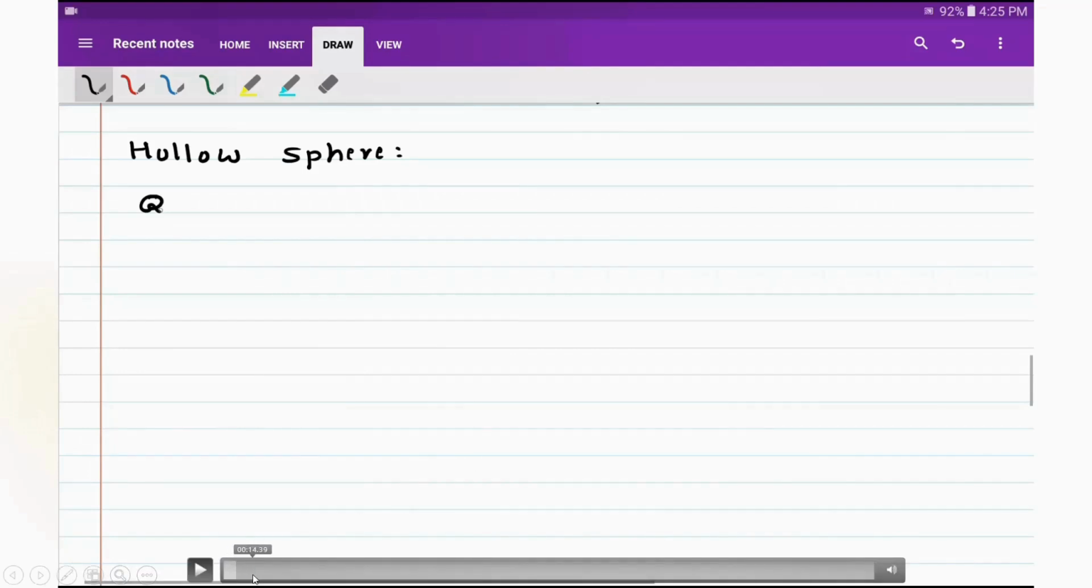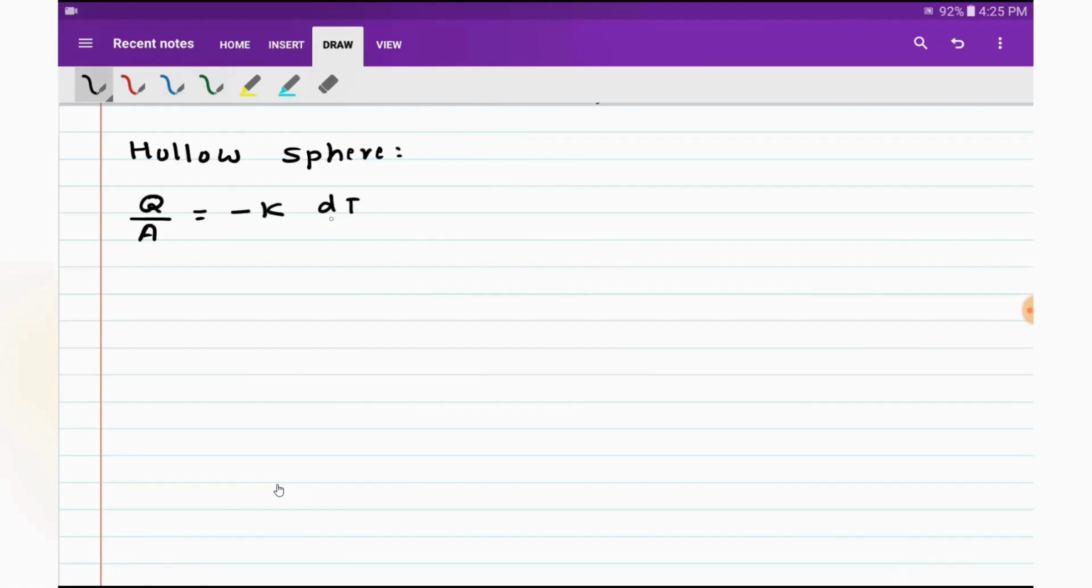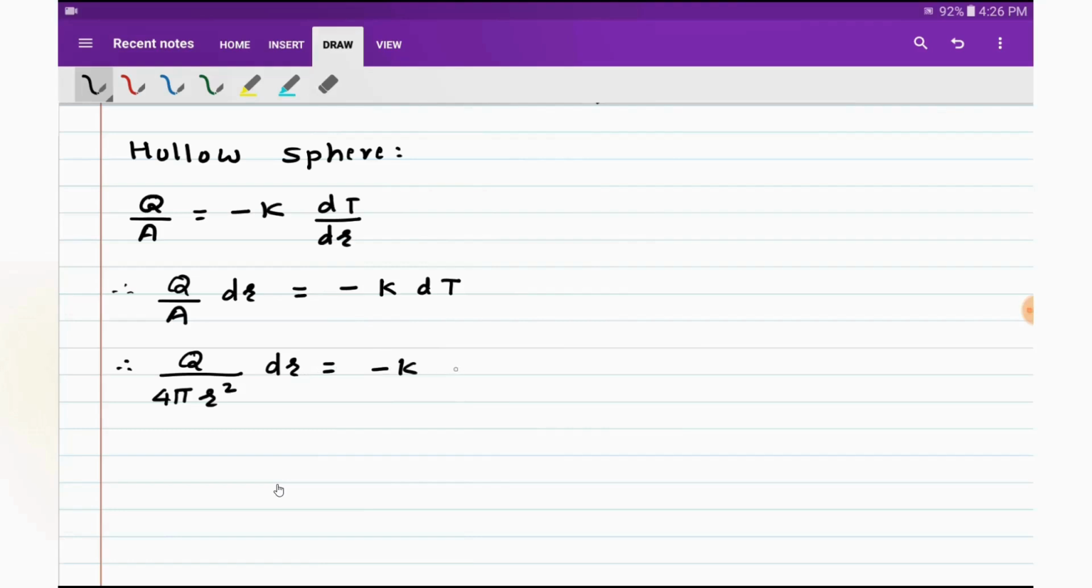The governing equation is same, that is Q upon A, that is the heat flux, is equal to minus K. Here also we have to take into consideration temperature gradient as dT upon dr, where r is the radius and r denotes the radial direction. Cross multiply by dr, so it is minus K into dT on the right hand side. Now surface area for the sphere is 4 pi r square